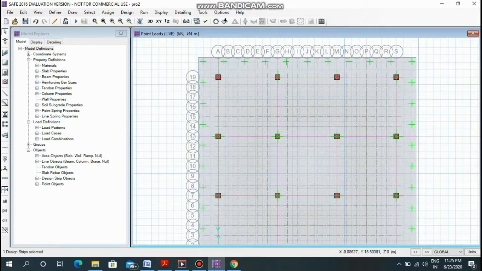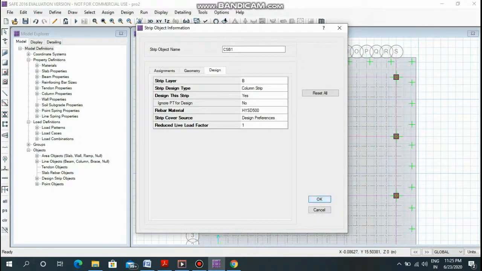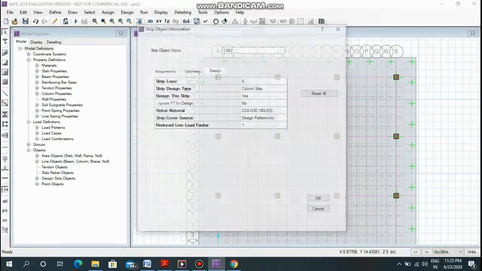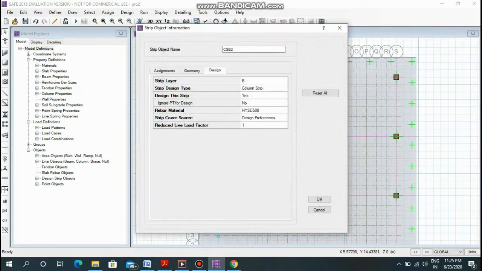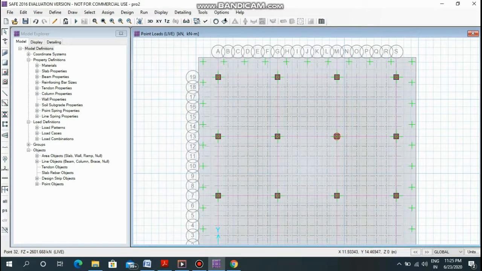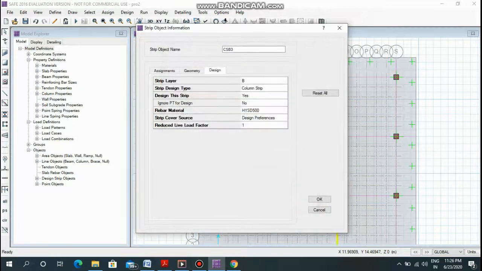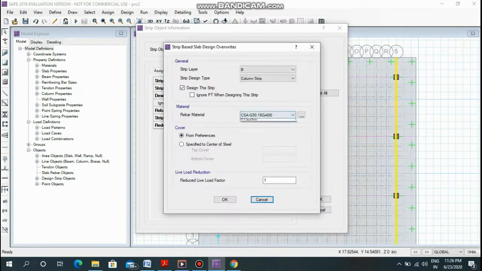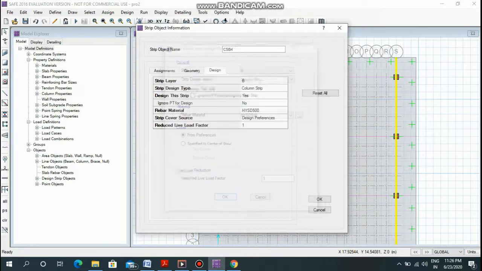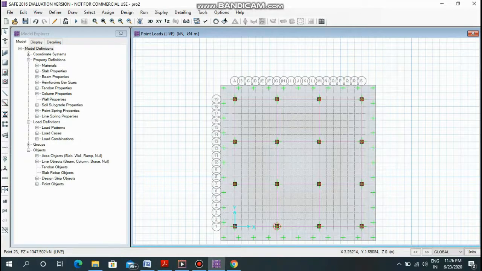Now select the strips in the Y direction and change the rebar material. So we have assigned the rebar materials to the footing and the design strips.